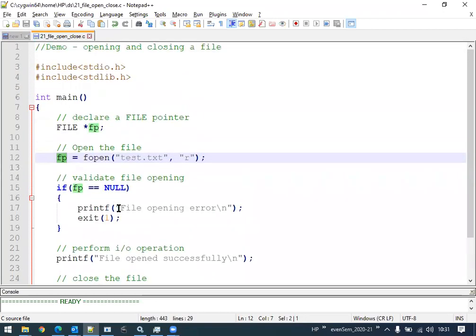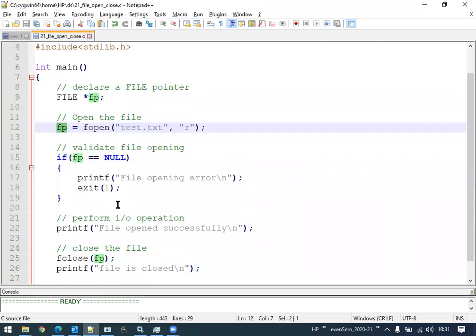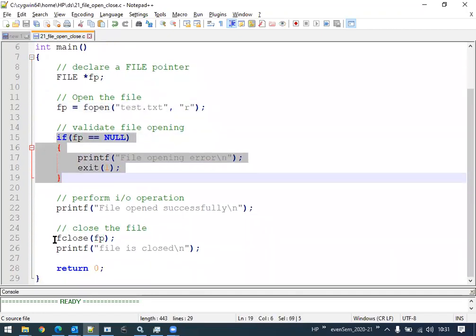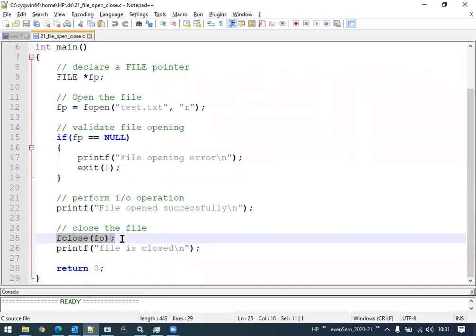Yes, sir. Okay. So from now onwards, in our programs which involve file input output operations, we will have this code as a standard. There will be a file pointer, then the file will be opened, then the validation has to be done, and the file has to be closed at the end.